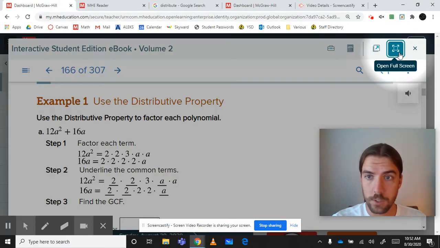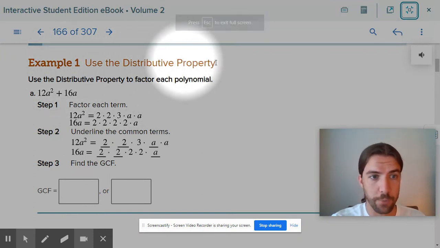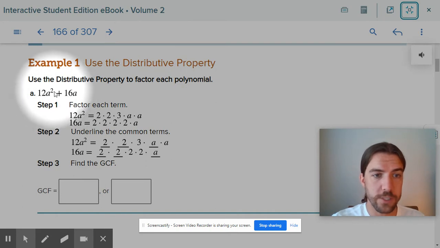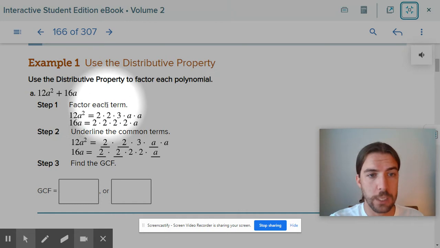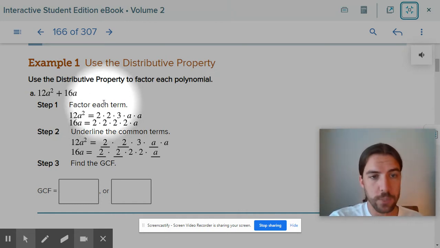Okay, so let's take a look here at example number 1, using the distributive property to factor a polynomial. We're going to take this polynomial, 12a squared plus 16a, and factor it. So first we're going to factor each term. Remember that factor just means to break it down into all the numbers that you would multiply to get to